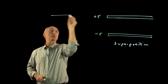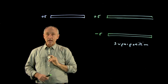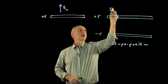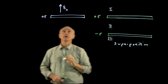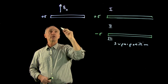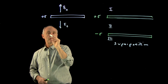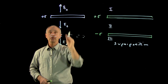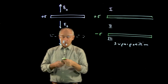So I want to make it adjacent to it. First, I'll calculate the field of a positive plate. Now, we've done that calculation already. And what we know is that there are three regions: outside, between the plates, and also outside. So we know that the electric field points away from a positive plate, and it's uniform. And I'll just imagine that the other one is here. And so I've drawn arrows in all three regions of space due to this infinite positive plate. Now we want to add to that